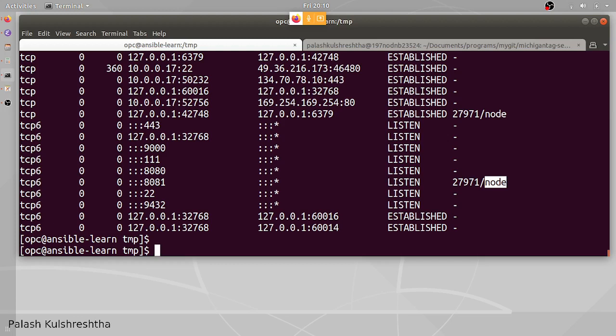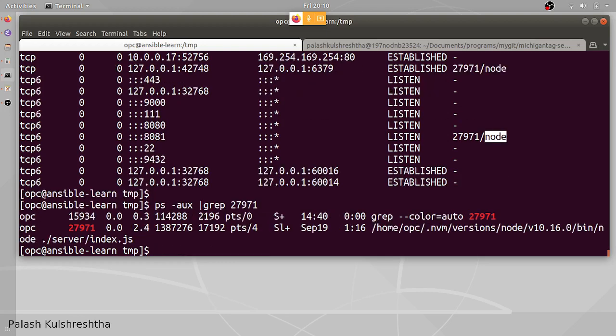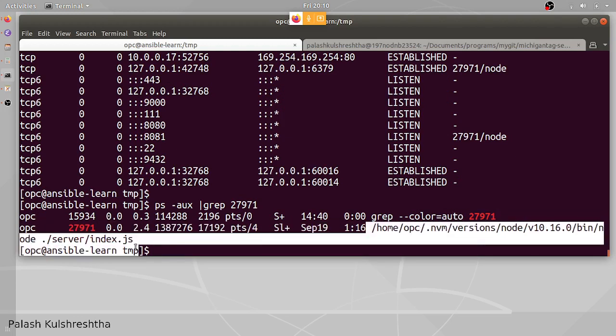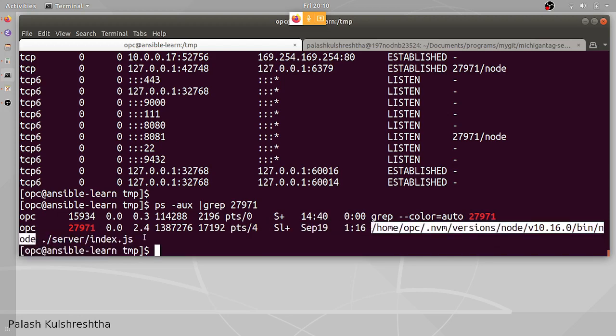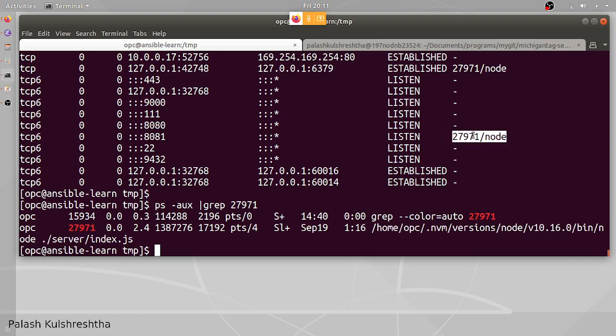So we are going to run ps -aux | grep 27971. This is the process ID, and what is running? It is running server index.js. So this is the program running on port 8081. That is how you can find out what piece of code is running on a particular port on a given server.